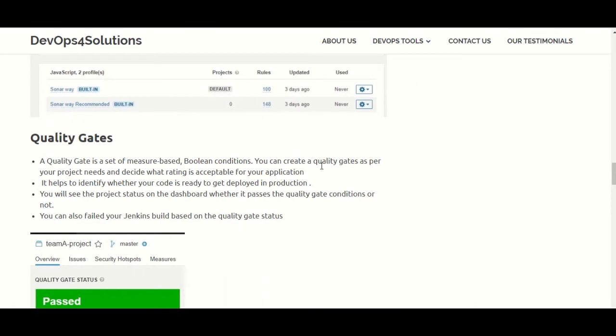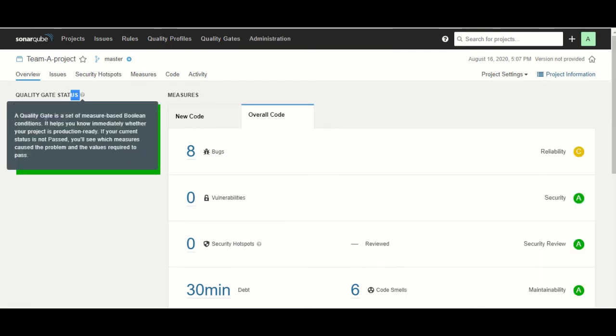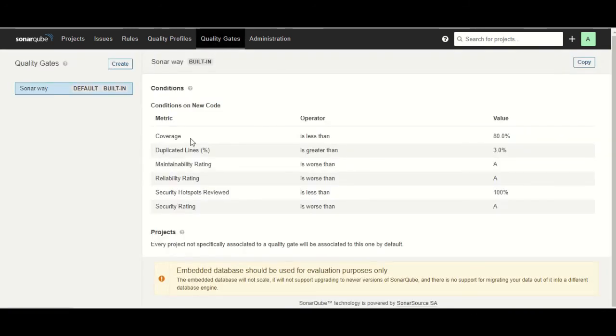Now, what is the quality gate? As you can see here, it is showing the quality gate status as passed. By default, when you install SonarQube, it comes with the default quality gate. These are the conditions you need to meet to pass your quality gate.